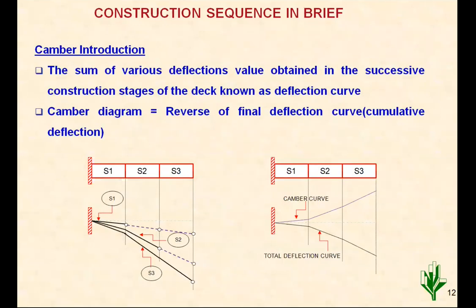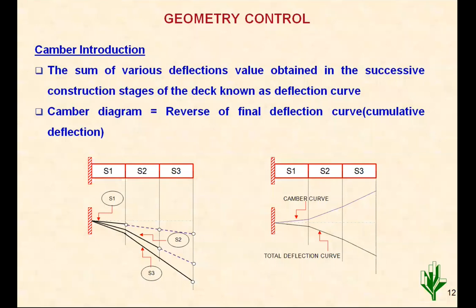Now the important aspect of any such construction is that ultimately we have to achieve the required shape, whatever I have shown in the first GAD slide. That is the aim. We have to achieve the shape of a deck in the form of a smooth curve or having a smoother riding quality. Then we have to plan the geometry while constructing as per that aim. So we are aiming at a curve, say 0, 0, and this is shown in dotted line. Then for explaining this geometry control, let us understand through a simple cantilever theory.